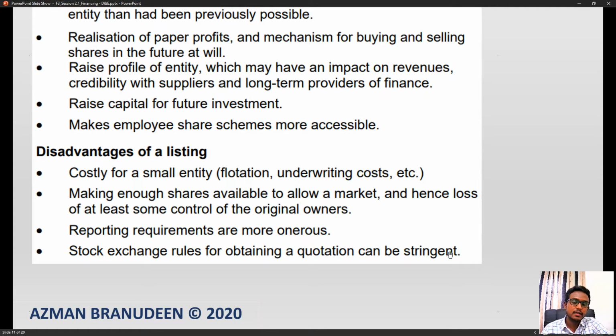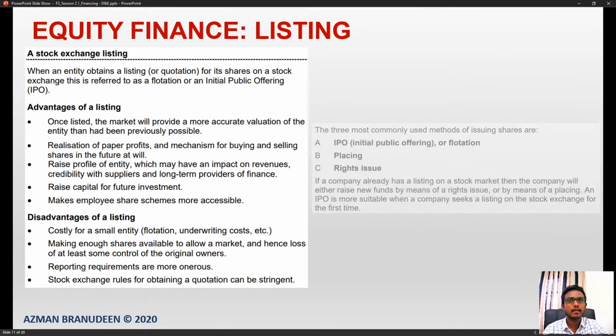There are stringent requirements in terms of size, scale, ability to deal and trade, and in terms of security itself, especially in stock exchanges like the New York Stock Exchange, or even the London Stock Exchange, Singapore, Hong Kong, China. There are extremely stringent rules or requirements, prerequisites in place for you to be a listed company.